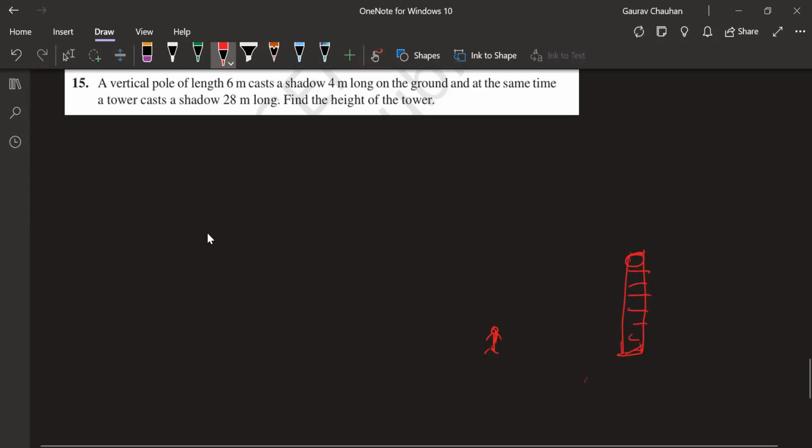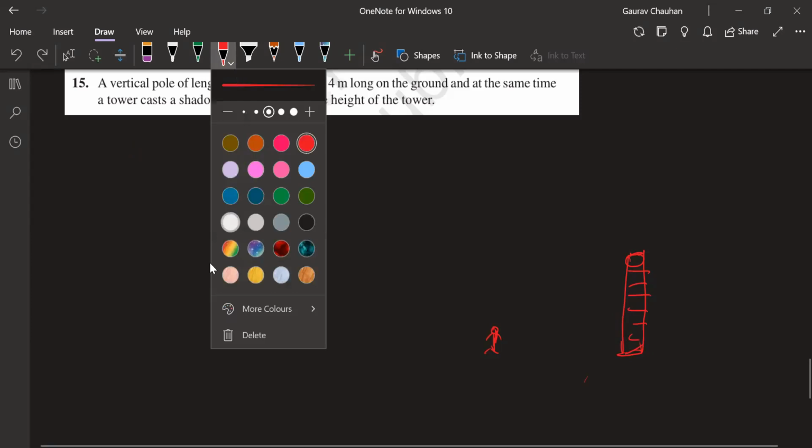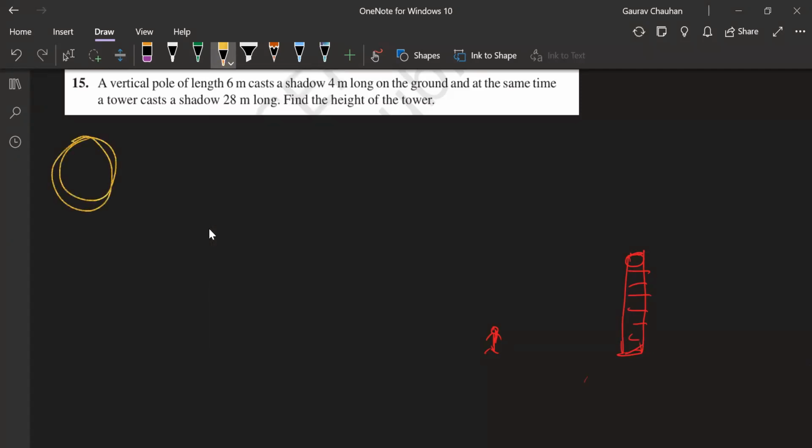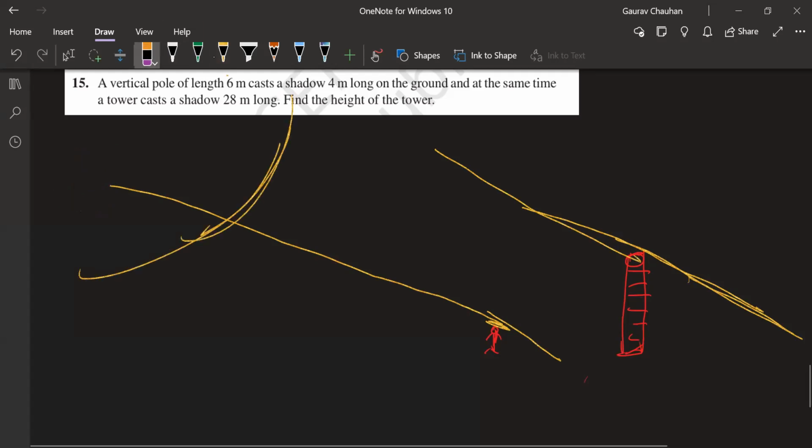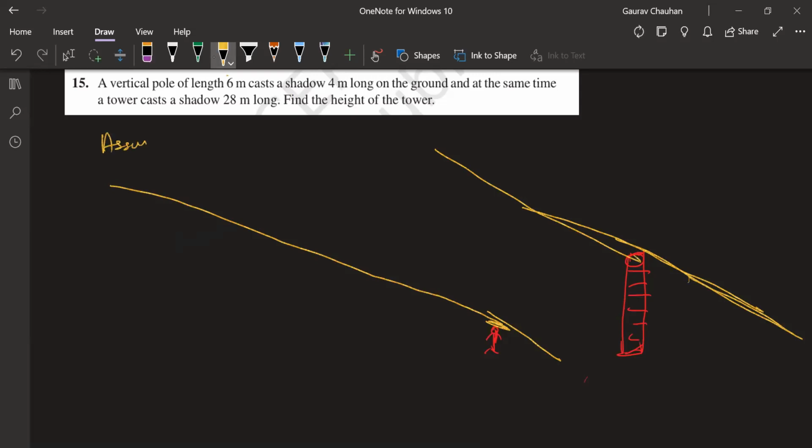You know what? The sun is so far away that the angle which it makes on Dikshit is the same angle that it will make on this tower. That's one important understanding you should have. Sun is not this small. Sun is huge, right? So its rays are coming from really, really far off. And so you can think that the assumption is